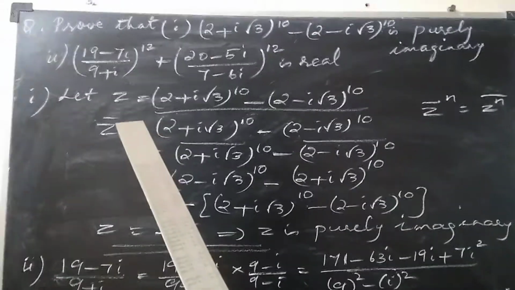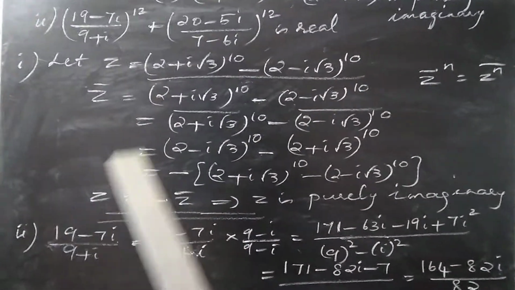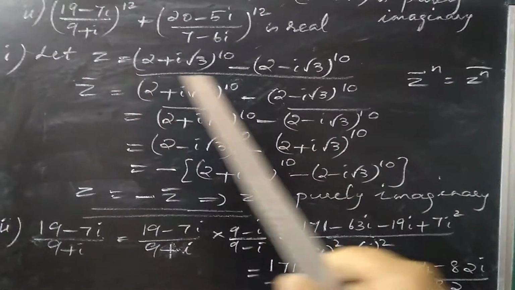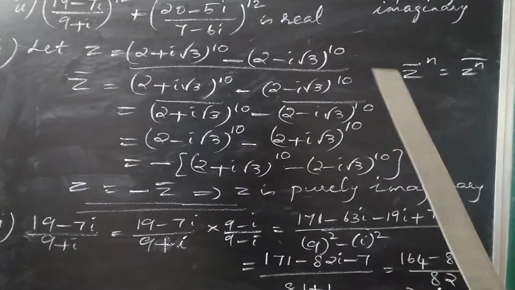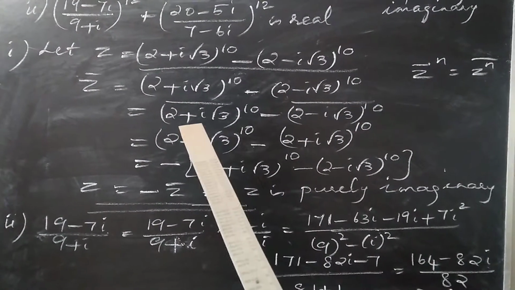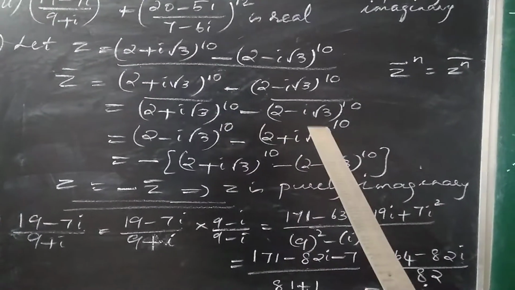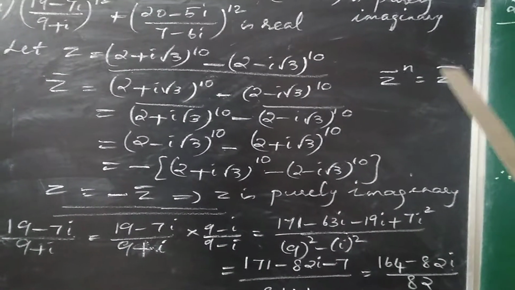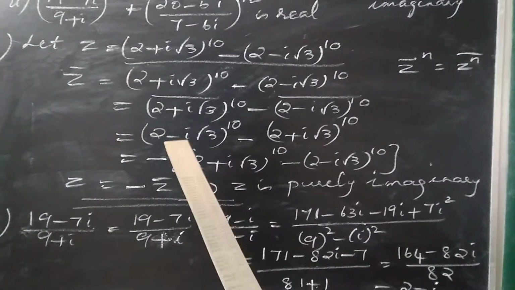So you take this as z and find z bar. Z bar means (2 + i√3)^10 − (2 − i√3)^10, the whole conjugate, whole bar. Whole bar of z1 − z2 is z1 bar − z2 bar. Using that property we can write this as ((2 + i√3)^10) bar − ((2 − i√3)^10) bar. But since (z^n) bar is also equal to (z bar)^n,